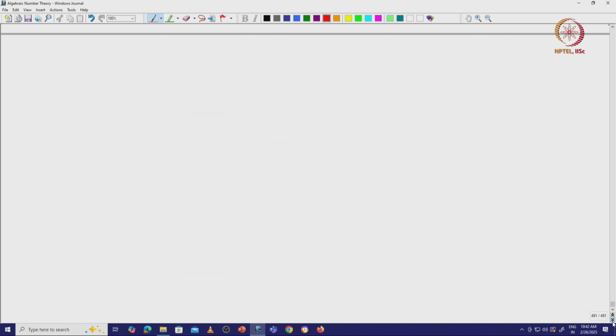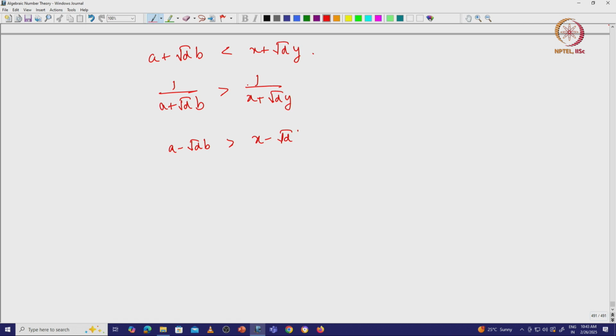Now we are in a better situation. What we have is a plus square root of d times b is less than x plus square root of d times y, which means that 1 over a plus square root of d times b is greater than 1 over x plus square root of dy. But what are these? These are a minus square root of d times b and x minus square root of d times y. And now you add these inequalities, you get a plus x plus b minus y square root of d